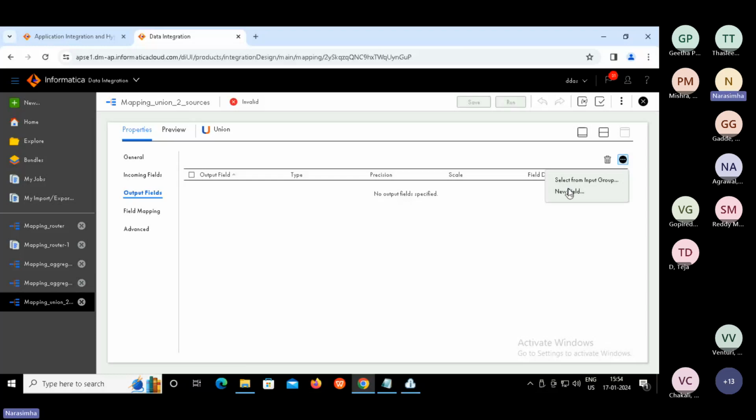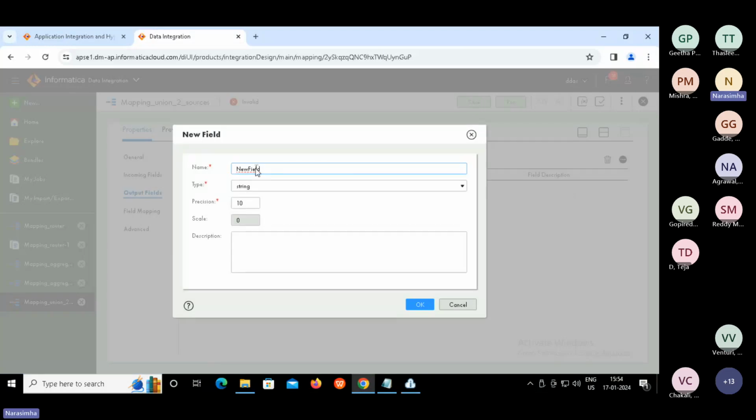So we can add from scratch. Plus, I'll just put here C1. Type, let us say string only. Then say okay.